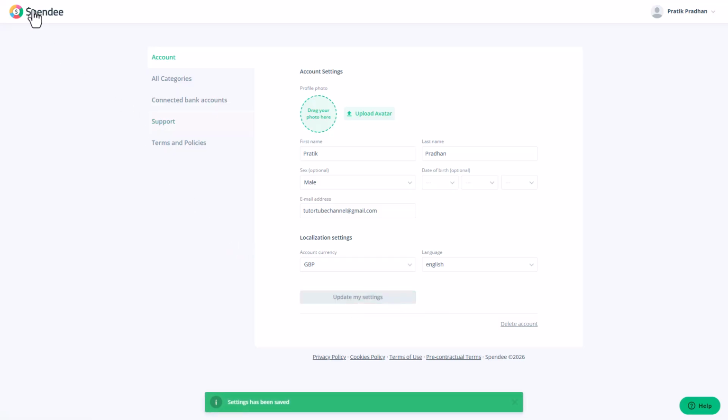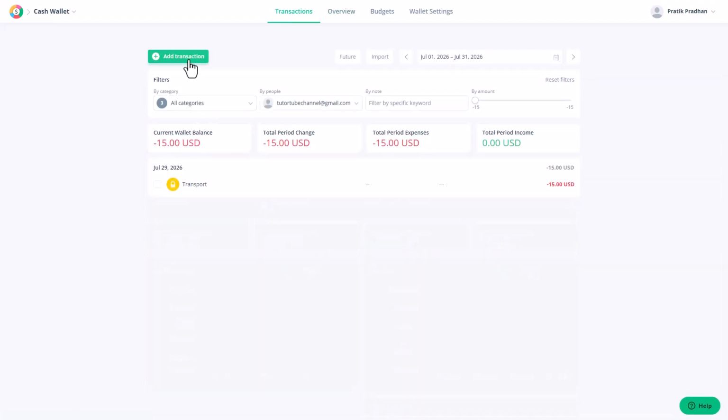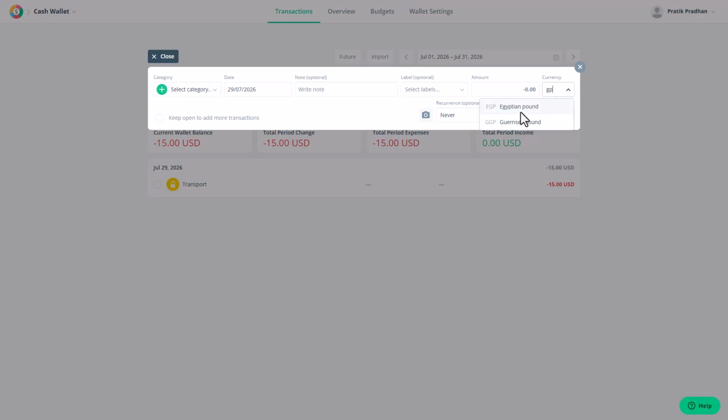And as you do that and go back to Spendee, you can see the Great Britain pound right here just like this. So this is now the preferred currency. And you can see that it automatically calculated the exchange rate as well. So you can go around over here and add in the transaction, and you can choose the currency over here as well. So I'm just going to go around over here and select, let's say for example,